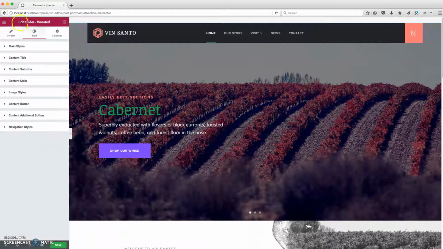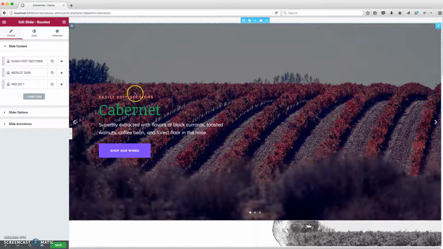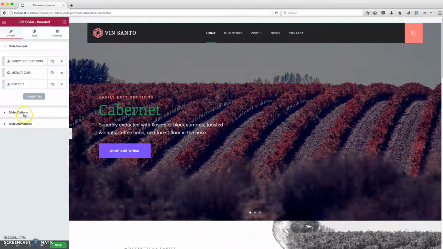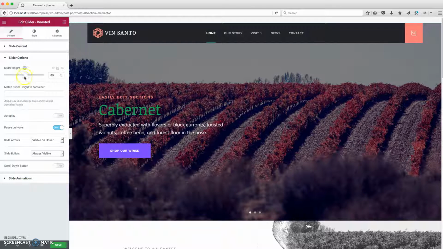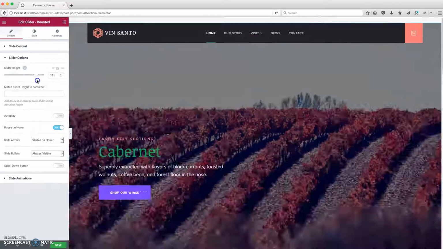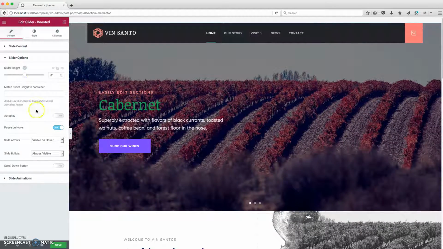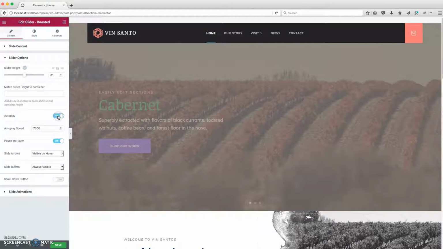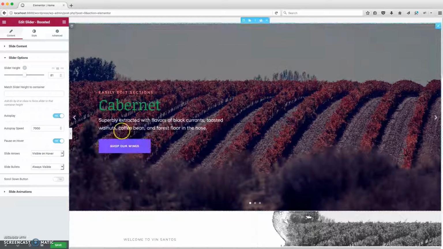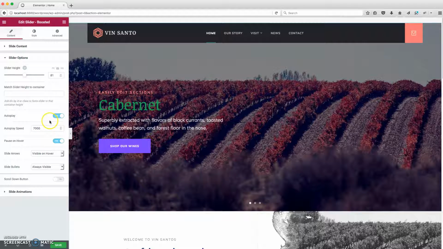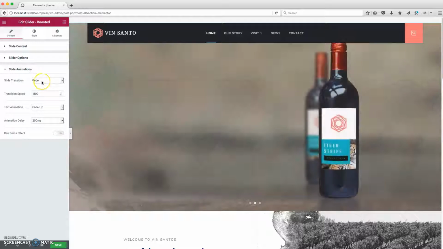And let's go ahead and cover also how to turn on autoplay and all of that. So here's slider options, and this is where you can adjust the height of the slider. And you can turn autoplay on and off. So if you want the slides to automatically rotate, you can do so there. And this is how long they last. You can also adjust the